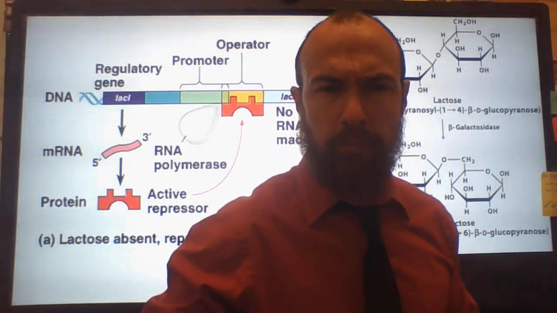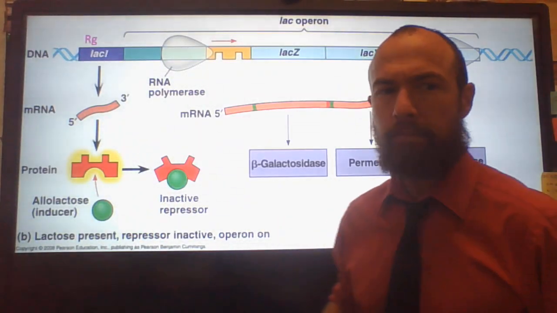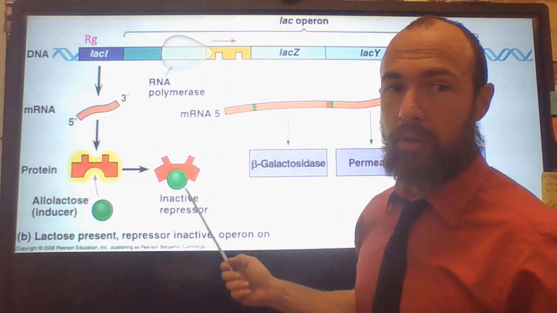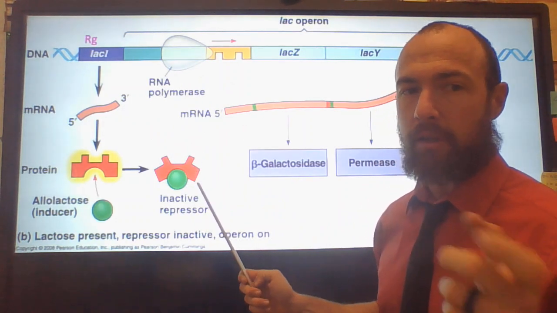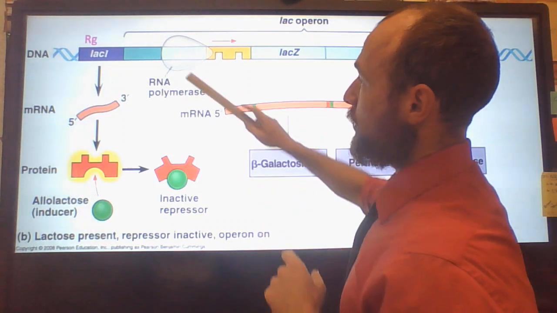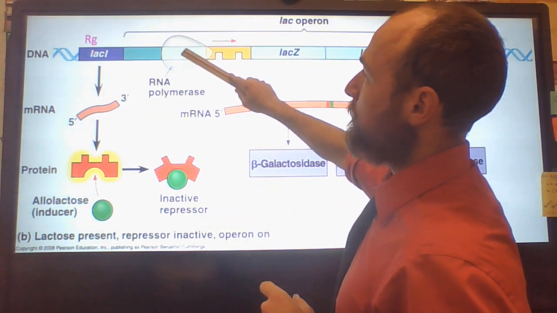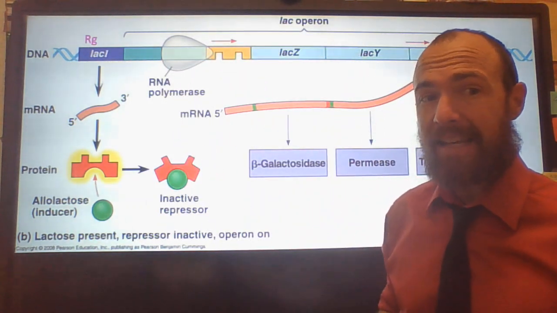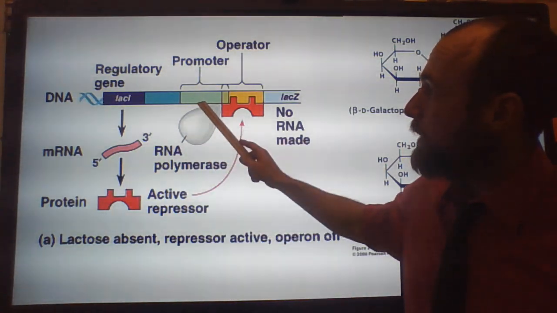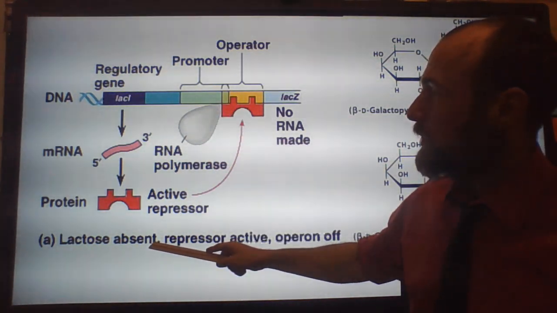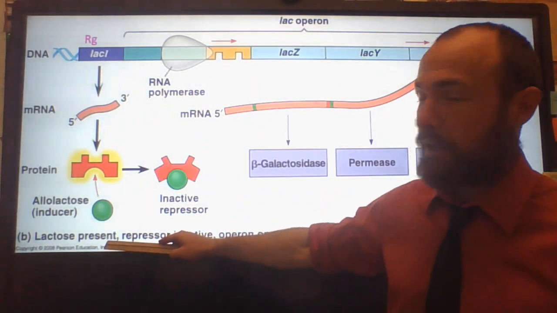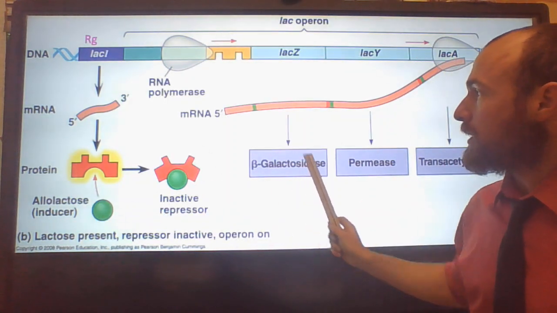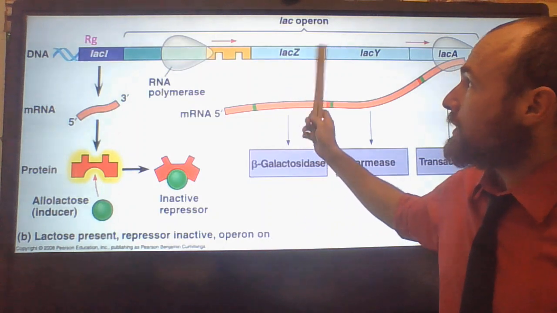Okay. So we'll start with this case where lactose is present. We've drank milk, and so now we have to digest the milk. Well, specifically the lactose in the milk, because there's multiple things in the milk, but the lactose is what we want to digest. So we're going to put RNA polymerase onto the promoter region, which is typically, a promoter is like a TATA box, T-A-T-A, which we kind of see right there, and it's trying to bind, but it can't bind if there's no lactose present. But in this case, lactose is present. We've just had milk. It's been converted to allolactose by this beta-galactosidase enzyme, which comes from the lacZ region of